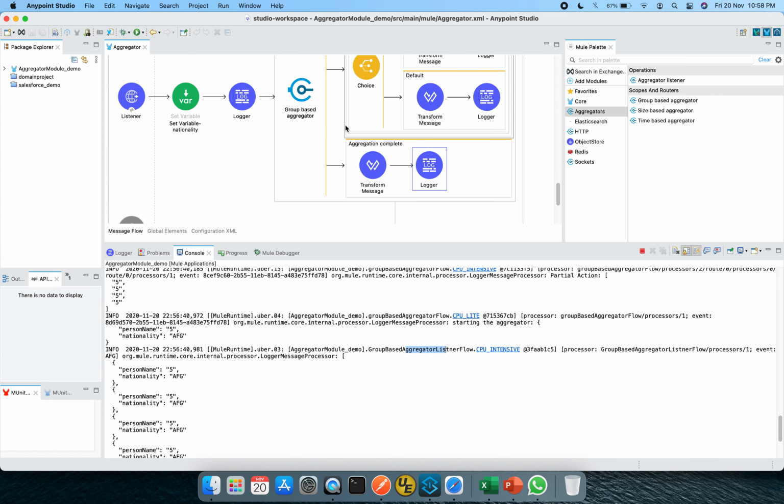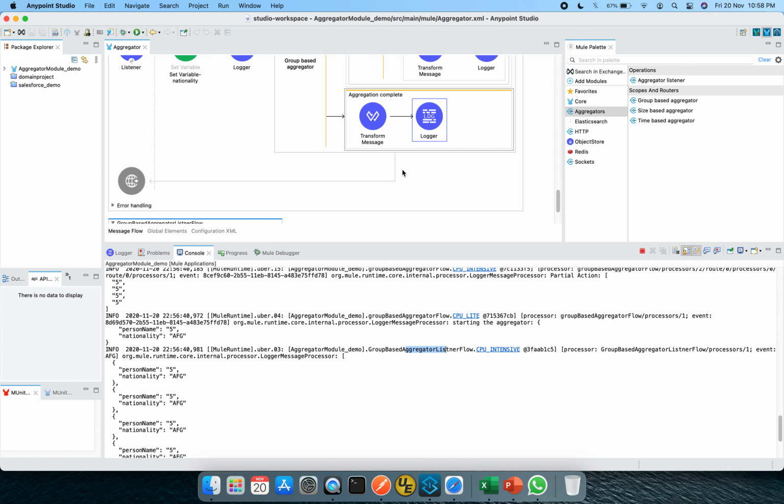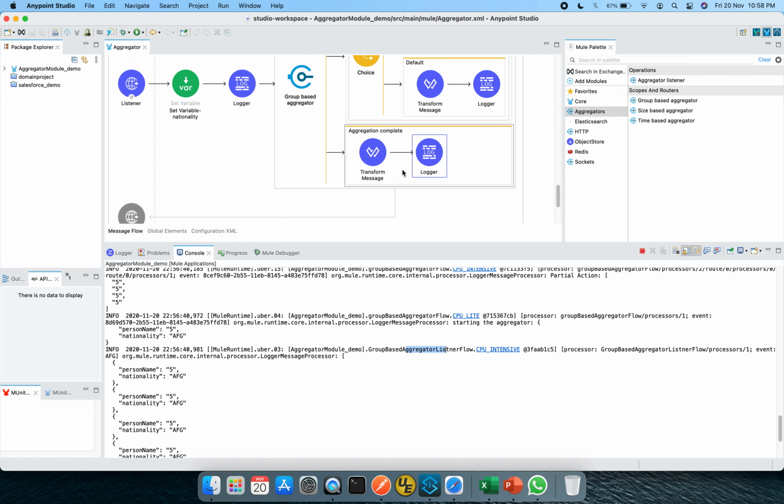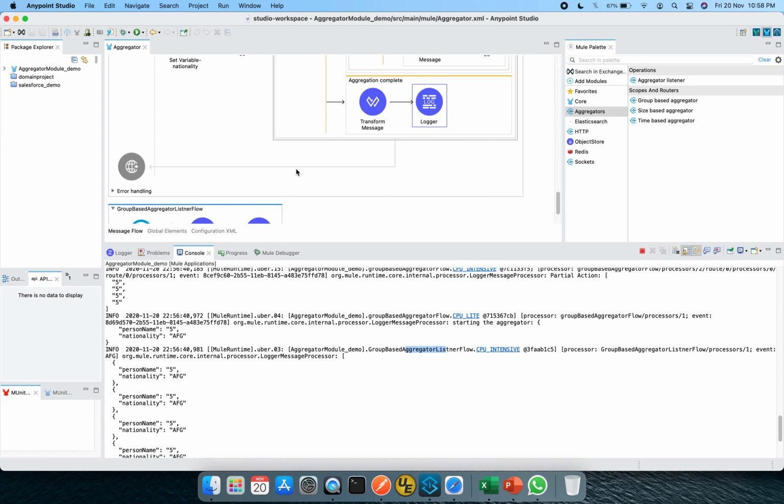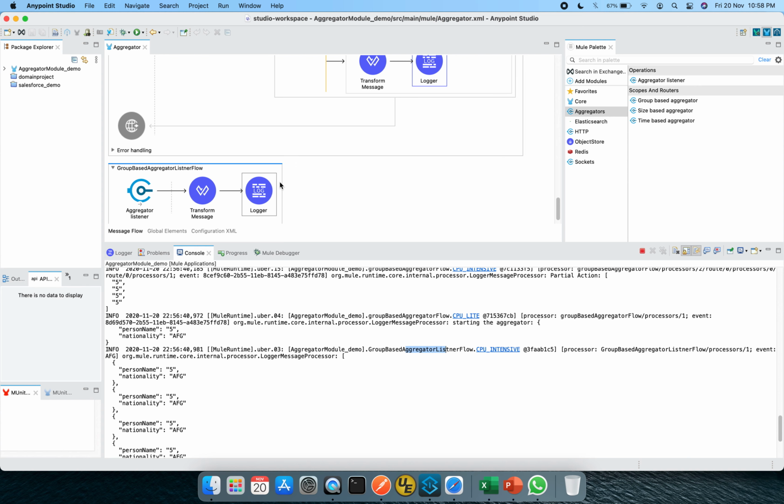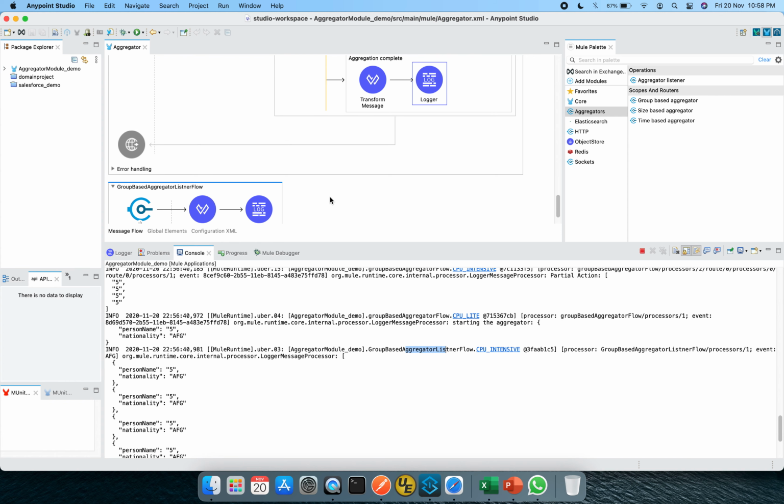So here is the thing, it follows like that. Up to the fifth, the group, this aggregation route gets executed. So what I have observed, if you are configuring this aggregation complete route as well, there is no guarantee which will execute first.